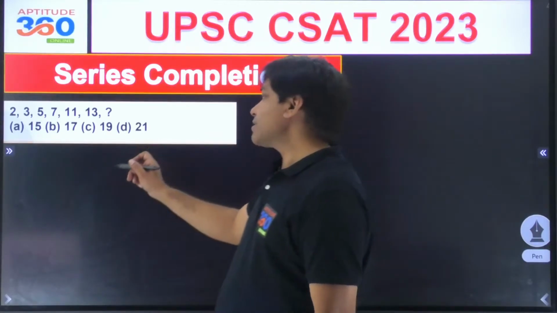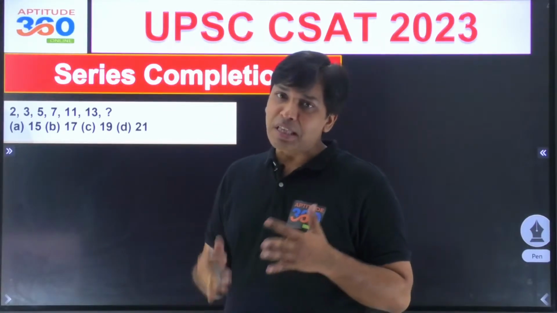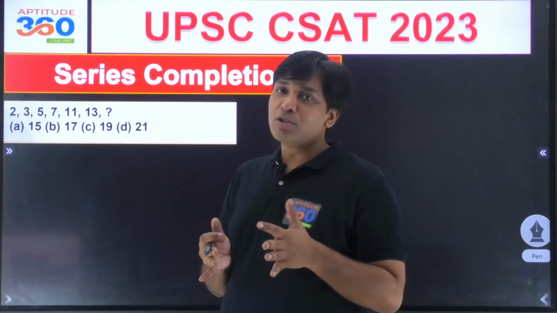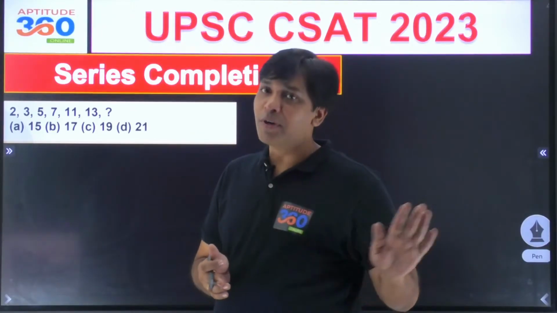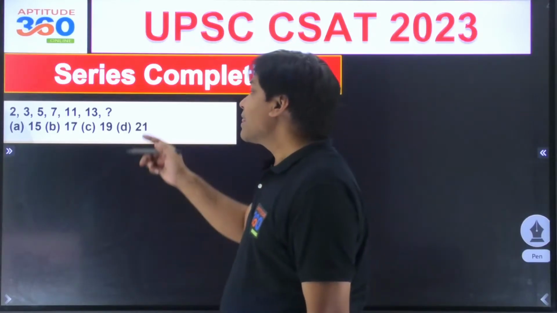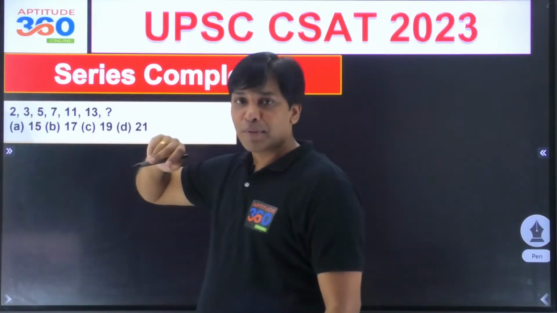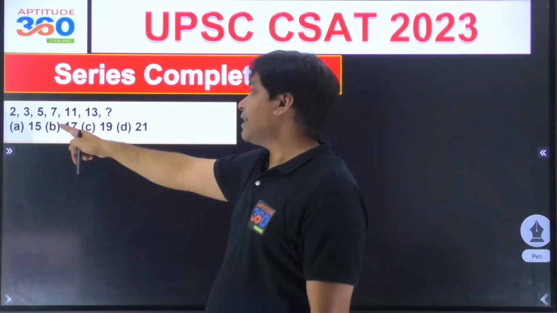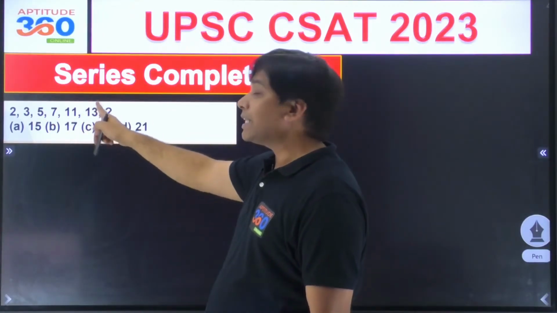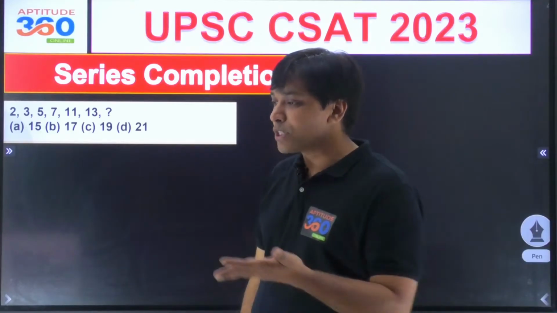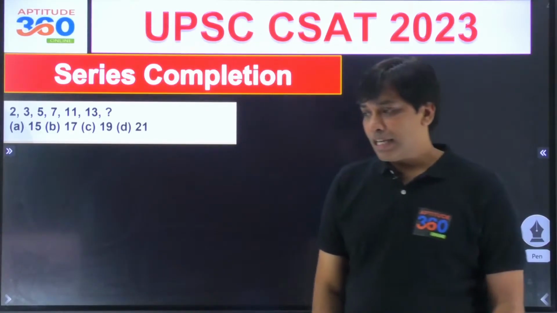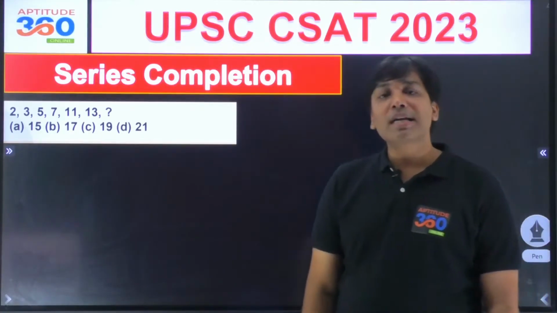If you look at this term and you start thinking of something related to a pattern, you will never ever get the pattern. You know why? Because they are prime numbers. So 2 is the first prime number, followed by 3 and then 5 and then 7 and then 11 and then 13. What is the next prime number? 17. So what is going to be the answer? 17. Vishal and Shivam, you guys are getting the right answer.